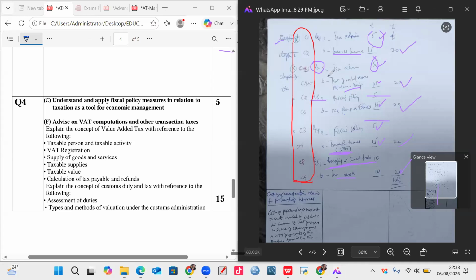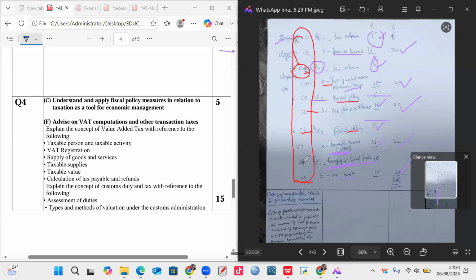But here, if I pick the ICAG manual, chapter 1 is the A, like I showed you. Chapter 2 is the B. Then chapter 3, I think, is the 2A. Then 4 and 5. This is also in chapter 1. They are in tax admin, also chapter 1. It goes with this. Then 4 and 5 is the B. So for the B, chapter 4 is mining, chapter 5 is petroleum. That's how they are. Then chapter 3 is fiscal policy. So here will also be chapter 3. This is also fiscal policy. Chapter 6 is the tax planning. Chapter 7 is this. Chapter 8.